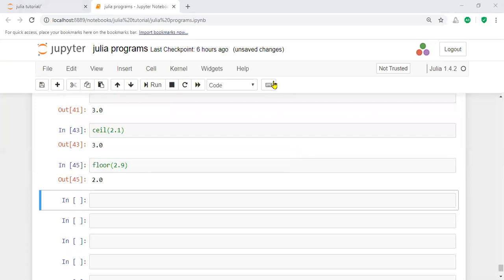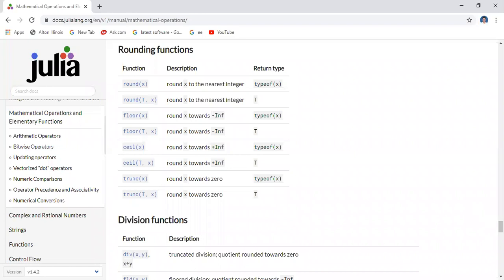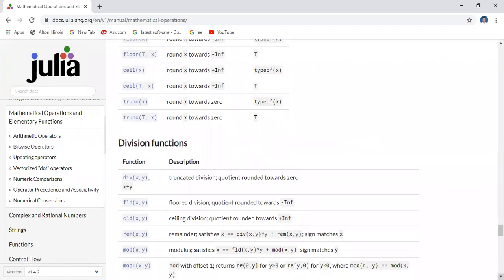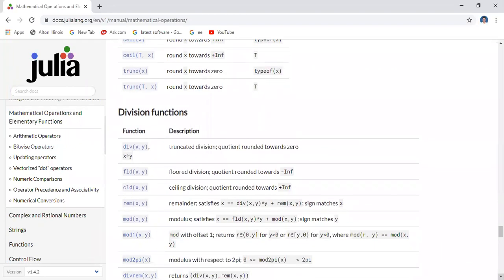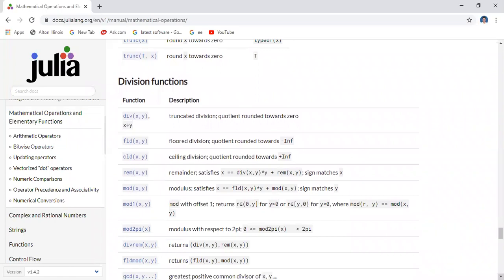Some of the other important functions are the division functions: div x comma y, and then fld, the floored division.